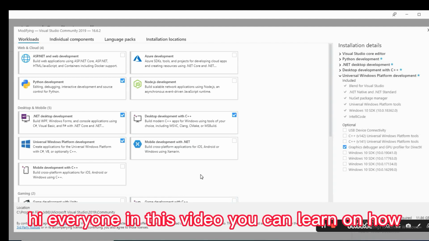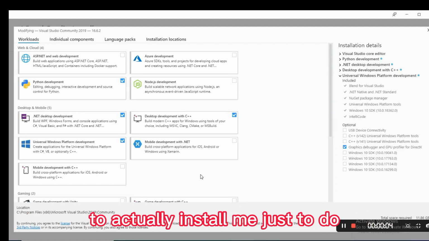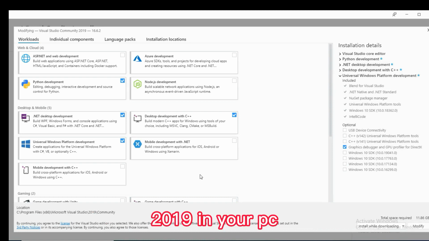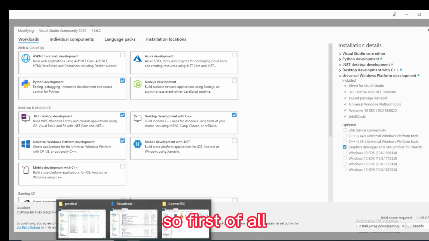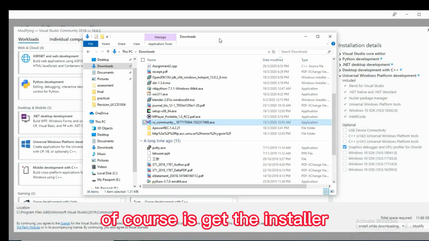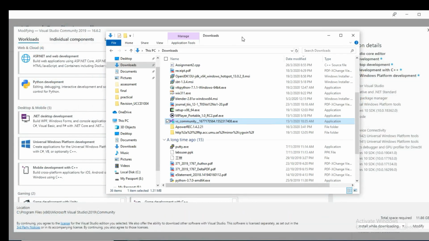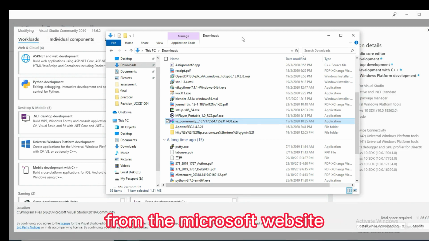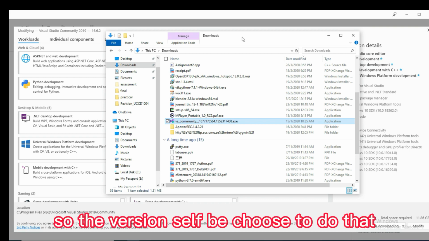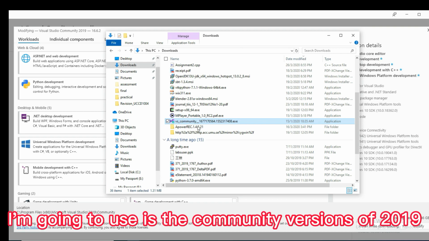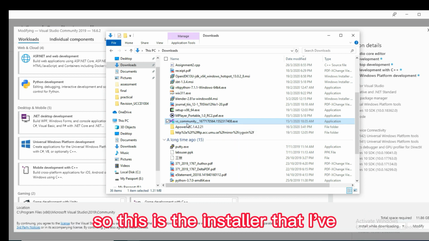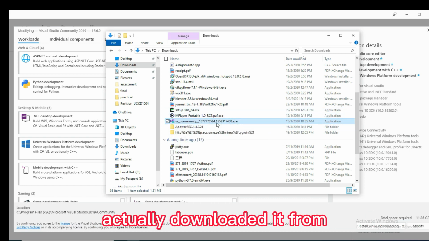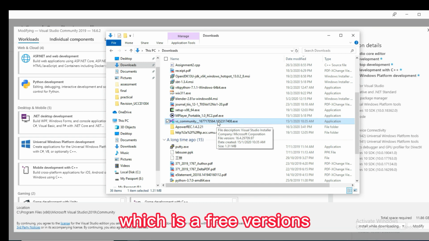Hi everyone, in this video you can learn how to install Visual Studio 2019 on your PC. First of all, of course, you need to get the installer from either Microsoft Azure or the Microsoft website. The version of Visual Studio that I'm going to use is the Community version of 2019. This is the installer that I've downloaded from the Microsoft website, which is a free version